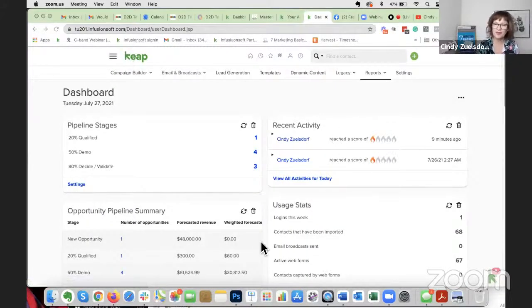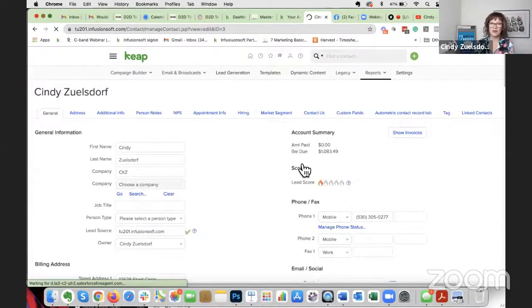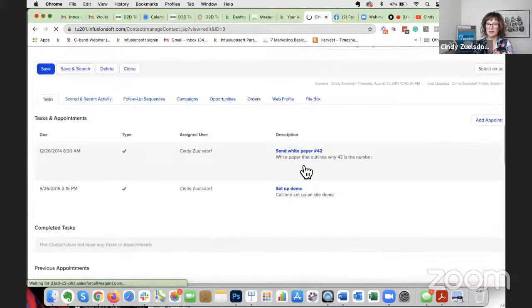And I'm going to jump over to Keap so you can take a peek at it. So let me just share my screen, do the screen share. Here we go. Good. So when you've got someone you want to follow up with, and first, we don't know if they're a sales opportunity or not, but you definitely want to track them. One way you can do that, I'll just find myself here in my Sandbox app. I looked at recent activity to see who's opening stuff. And so, for example, if we're going to follow up with Cindy here, which is just me, we could go in here to my contact record,